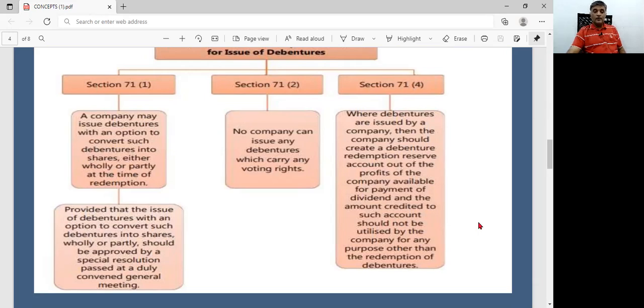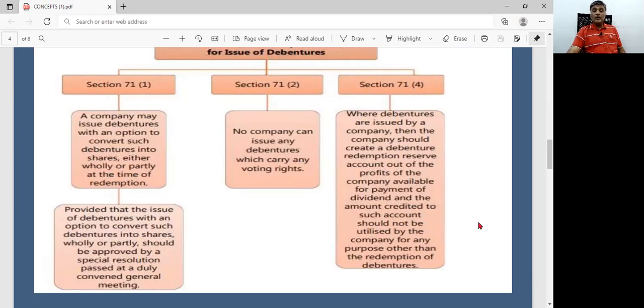So, for example, for redeeming preference shares, we created something called CRR, Capital Redemption Reserve. Similarly, before you redeem the debenture holders, and if you're going to make use of the free reserves and profits, then you need to transfer an amount to an account called Debenture Redemption Reserve Account, DRR account. So DRR is mandatory. That's one thing. How much DRR to create depends upon the nature of the organization. We will see a little later. So DRR needs to be created.